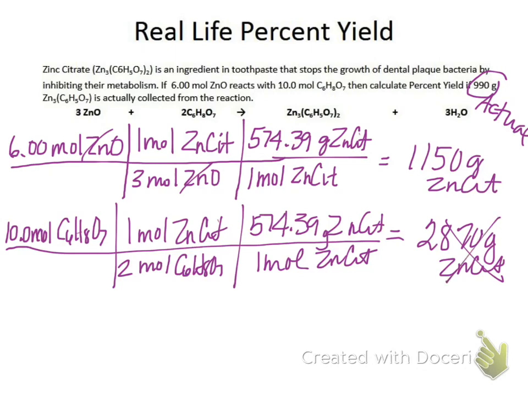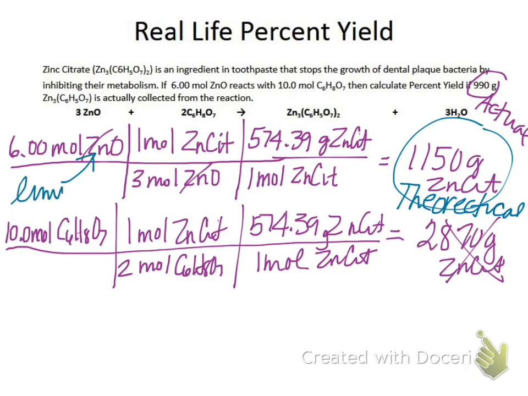Mark it out. Why is it not my answer? It's too big. We run out of the zinc oxide first. So this is my theoretical yield right here. Theoretical. Because once I run out of the zinc oxide, which is my limiting, right? That's very messy. It says limiting. Sorry, it's really messy. Okay? So now I know how much that I theoretically should make is 1150. So now I can do a percent yield.